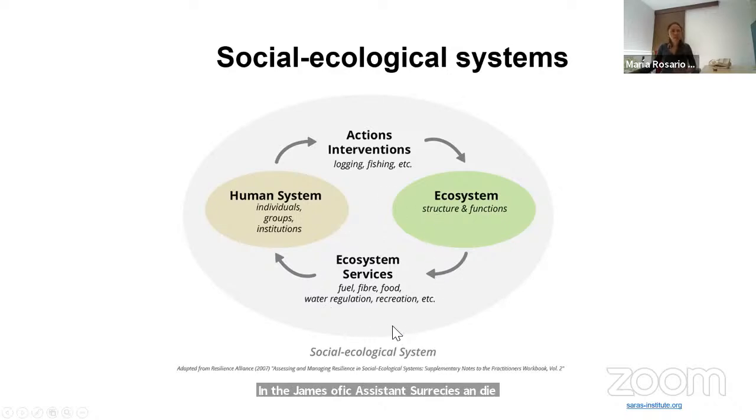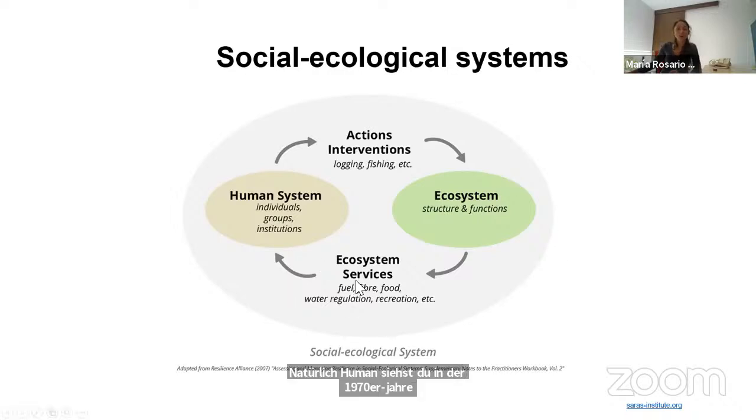This is a key term that I'm going to use in my research, and I would like to explore it in more detail. So what are these ecosystem services? What is this flow back from the ecosystem to the human system? And that's something I wanted to ask you. I don't know if some of you have heard the term ecosystem service in advance, and how would you understand this concept? Maybe you can write again in the chat.